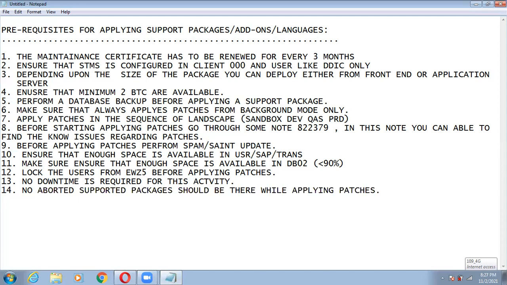And 15th point, you need to apply the packages in the number sequence. What does number sequence mean?